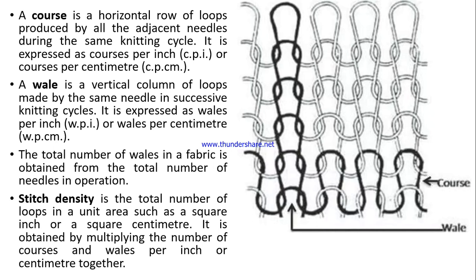Now we need to have an idea how the structure of knitted cloth is produced and what are the various varieties, or you can say various derivatives of knitted structure, that can be produced by those knitting elements. So the basic parameters for understanding the knitted fabric are course and wale. Course and wale I already mentioned in my previous lecture.